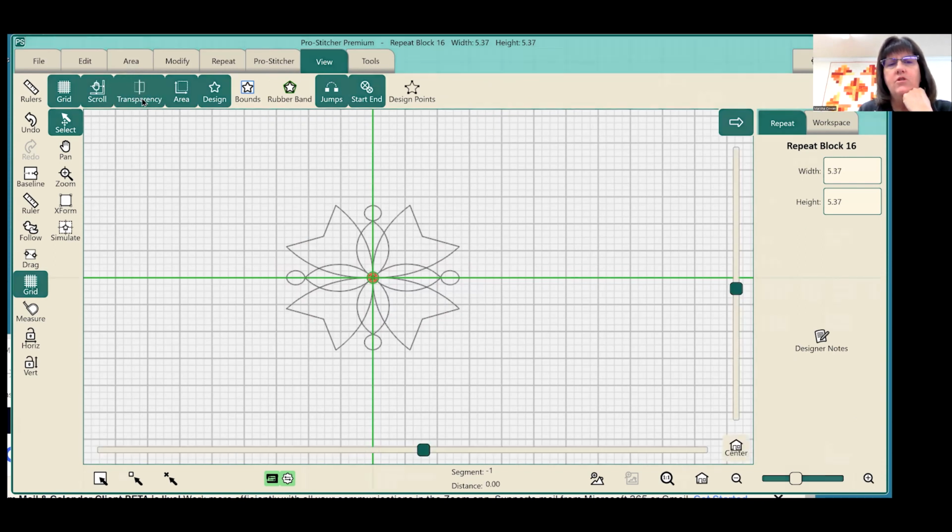Transparency just means you're not going to see part of it. If it gets over here, it'll disappear. The area, I always want to see what area I've chosen. I want to see my design. If I made an area,